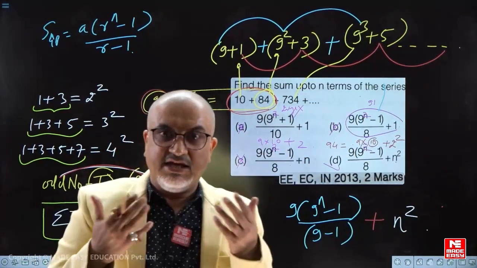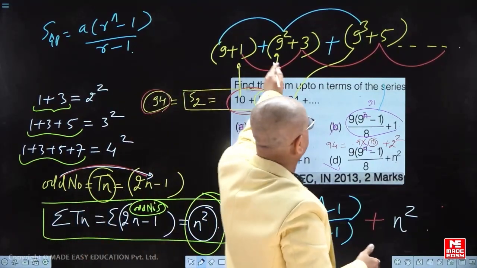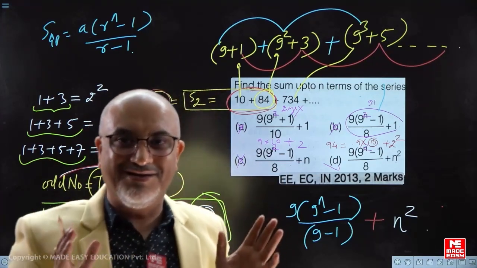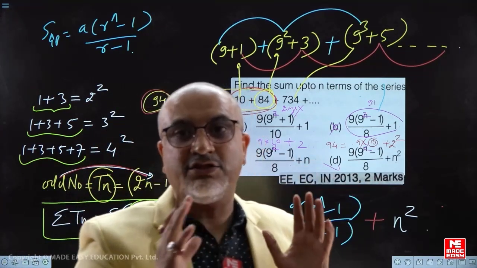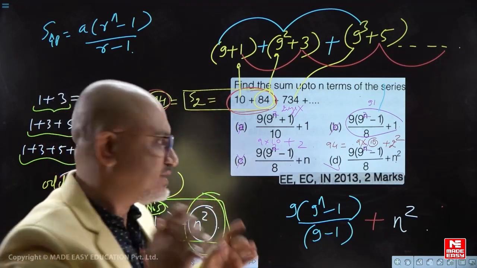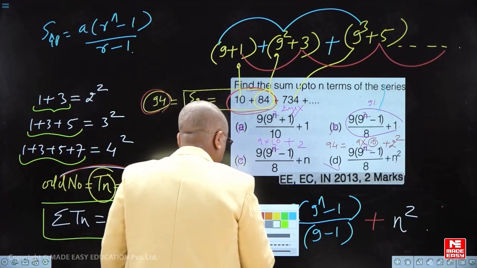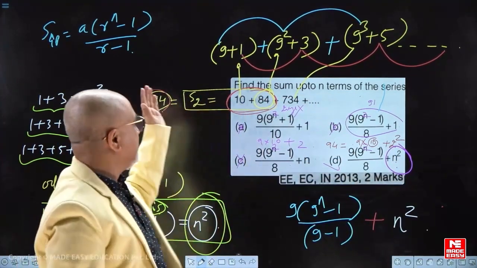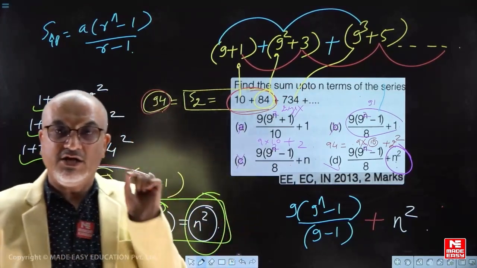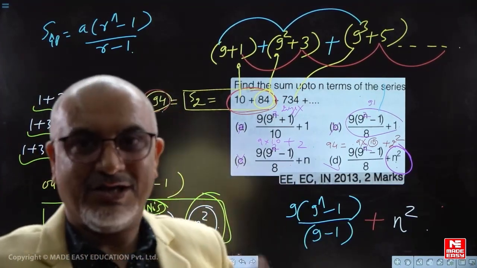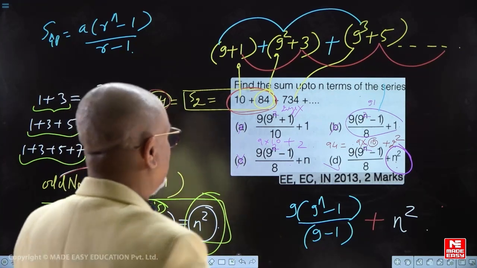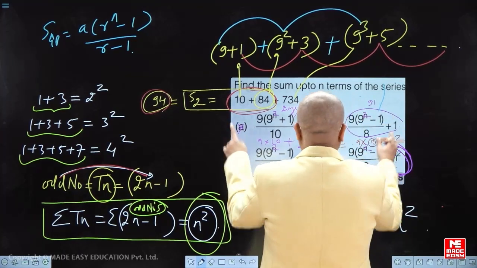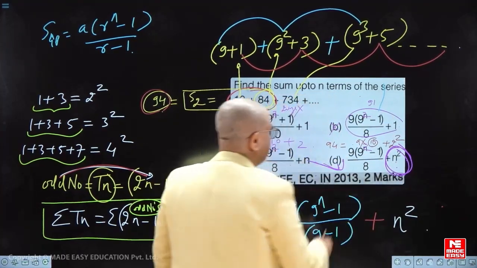अगर आपको देख के ही पता लग जाता कि it is 1 plus 3 plus 5, जो कि n square होता है sum, the sum of odd numbers beginning from 1 till 2n minus 1 will give sum n square. एक ही ऑप्शन में n square है और क्वेश्चन ऐसे भी डायरेक्टली हो जाता. सॉल्व करने की जरूरत नहीं होती, क्योंकि वो 1 plus 3 plus 5 वाला पार्ट तो आना ही है, जो कि ऑड नंबर्स का सम है. तो कौन से ऑप्शन से आ जाता वो? Yes, you are right. Only option D involves n square. Nowhere else is there n square. Hence the answer is option D.